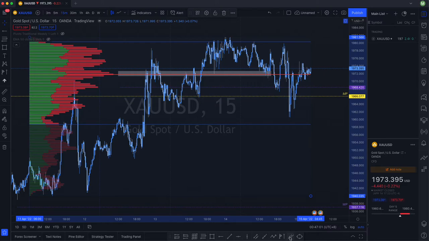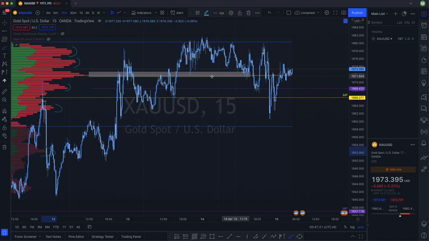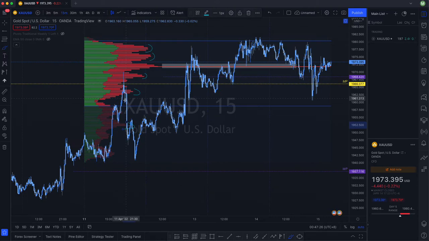Just be aware of these, and see what the price is doing on these nodes, on these nodes, on this node. And of course this point of control line will be very helpful for you to know about support and supply or demand. And that's actually all about the technical part, all about the indicators, that's actually all that